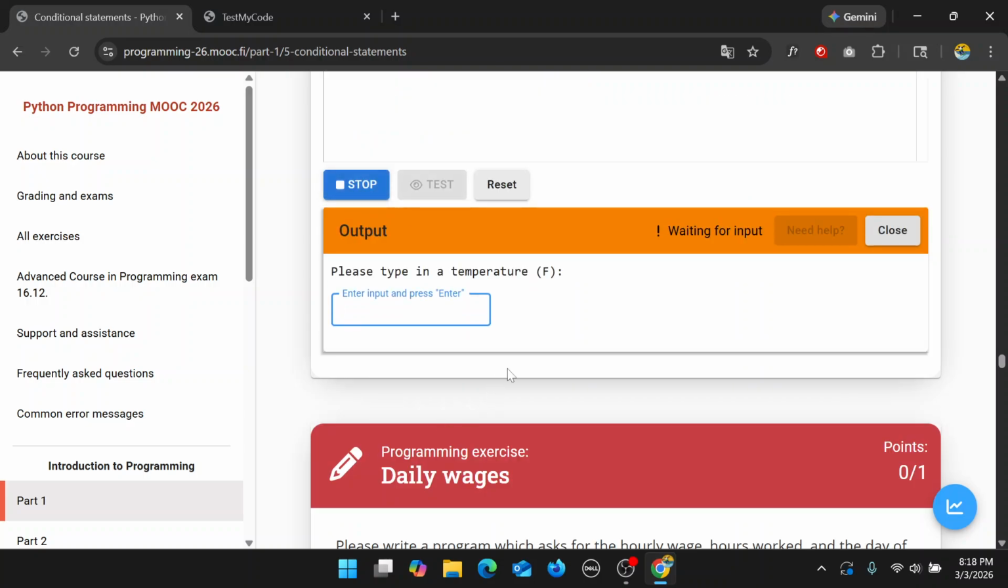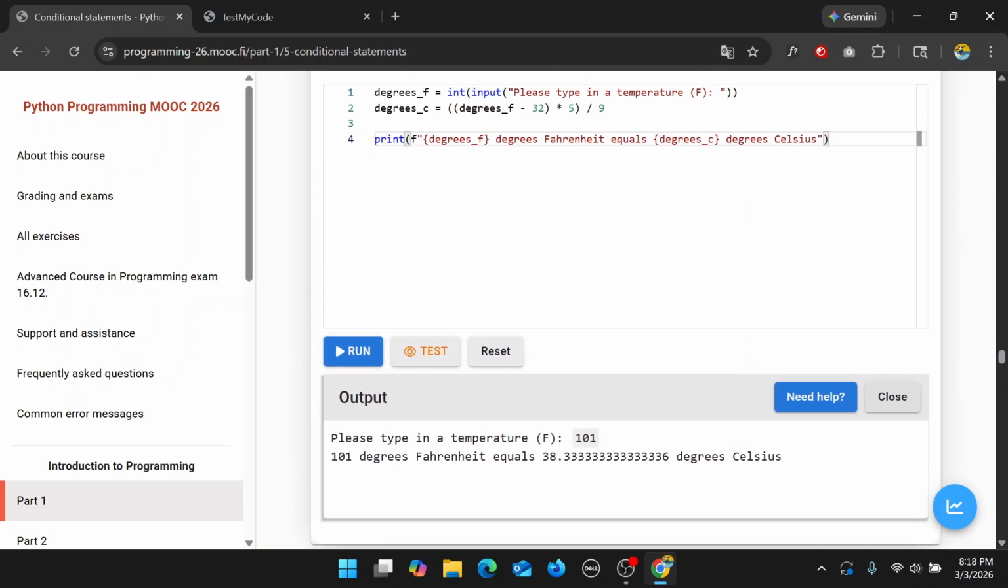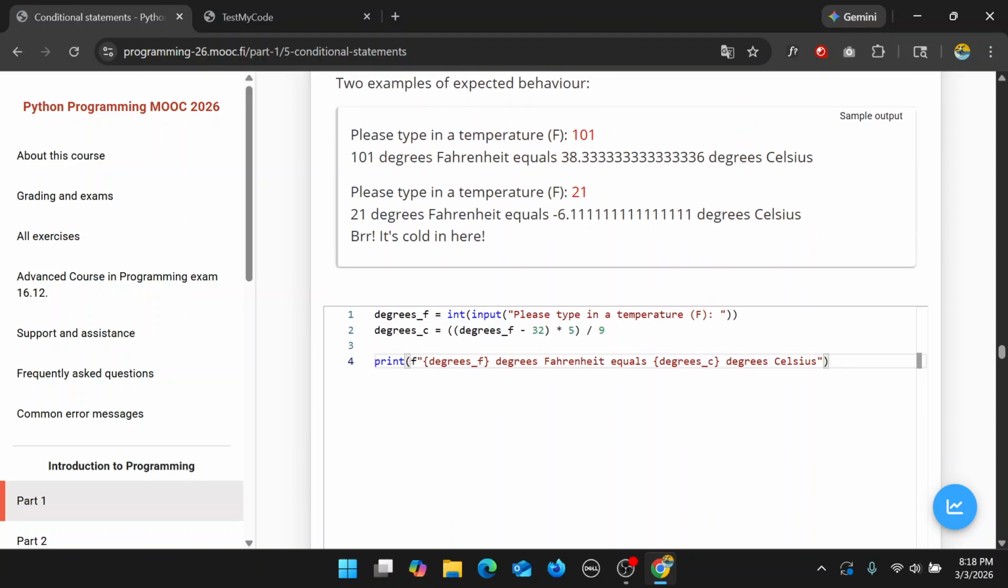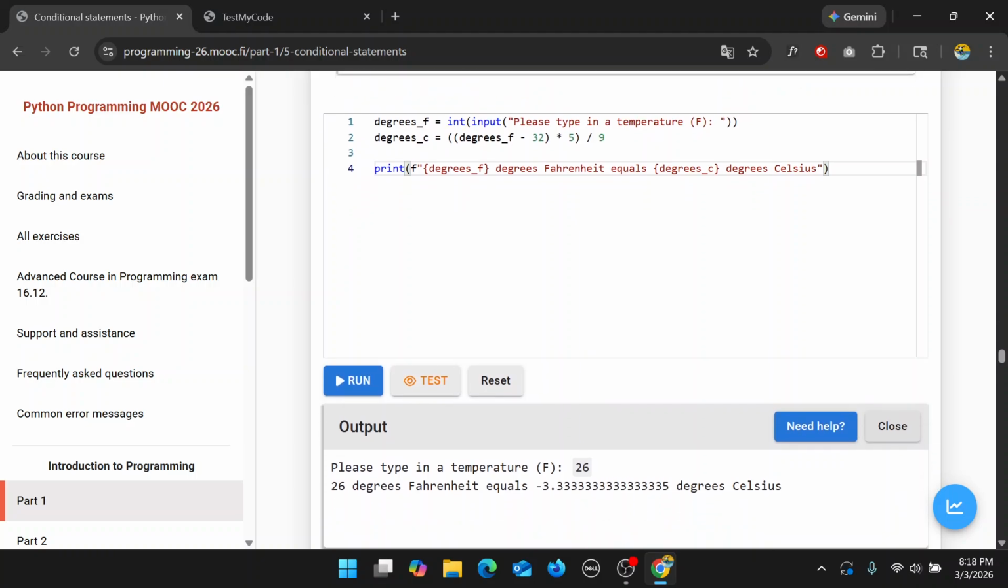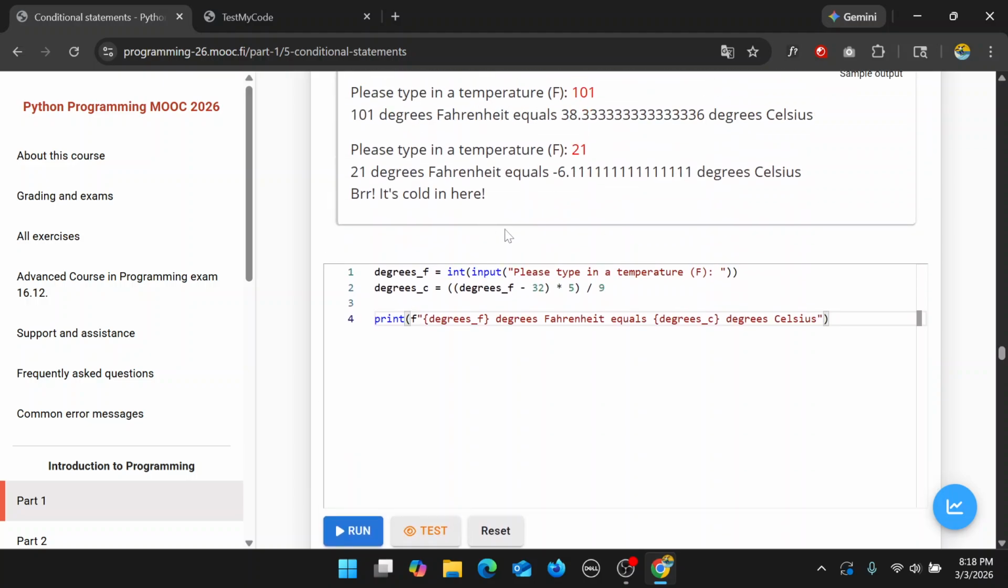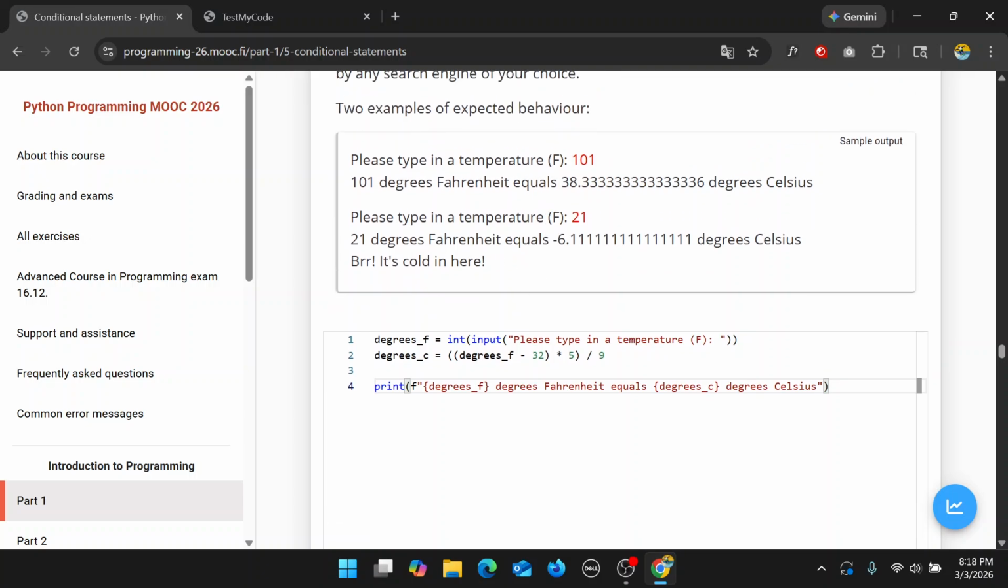So let's try with 101. Okay, that worked. And let's try with 21 degrees. So that should be right. 21, yep, negative 6.11111. So the last thing we need to do is just check if the degrees Celsius